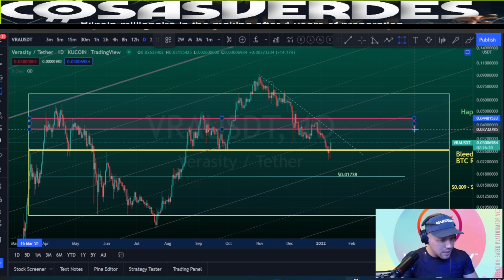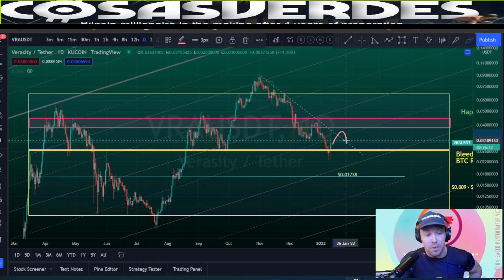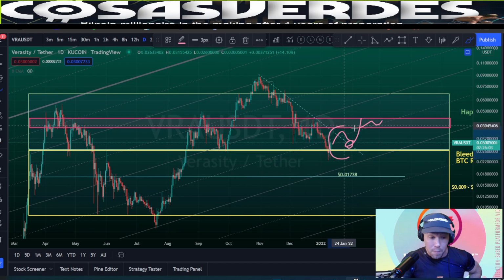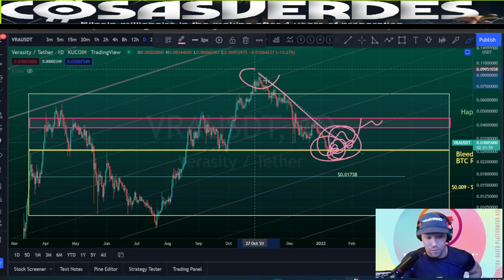If it breaks up out of that triangle and not down, then I would go for more horizontals, and then I would be trying to pick some up on dips, and assuming that I think Bitcoin might go up the next day or the next 2 days, I might be buying dips on Verasity and selling into this box on the horizontal. So my first play, which probably won't last more than another week or so, would be this trend line, straight from top to bottom here.